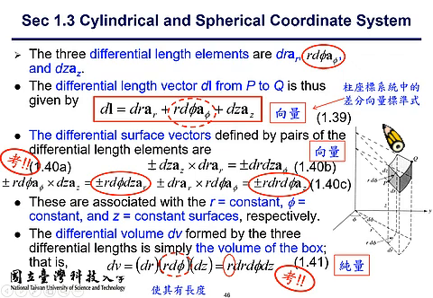And the next is the differential volume. So differential length is a vector, differential surface is a vector. How about differential volume? Differential volume is a scalar, all right? Length is a vector, surface is a vector, volume is not a vector, it's a scalar. And it's the product of the three differential lengths in the reference directions, so that will be dr times dz times r d phi. So the differential volume described in the cylindrical coordinate system requires a modification term r in its differential volume. Okay? So you are recommended to go over the slides to get acquainted with the basic definitions for the